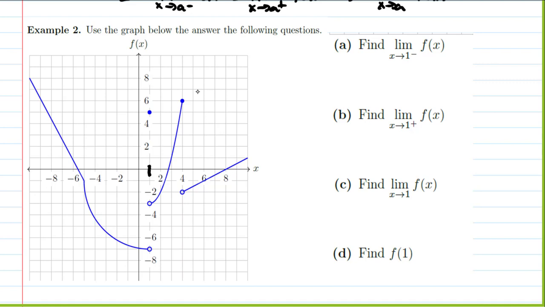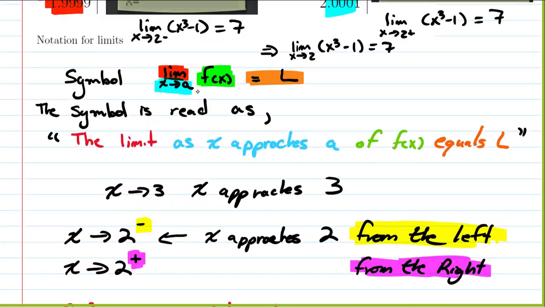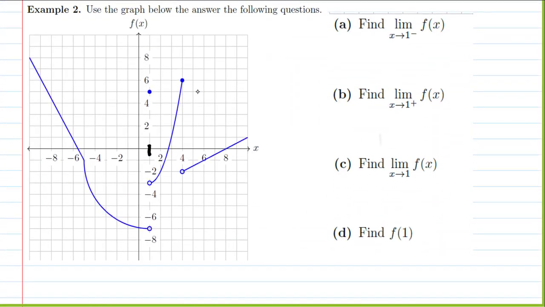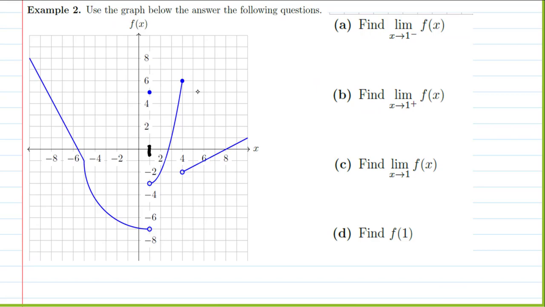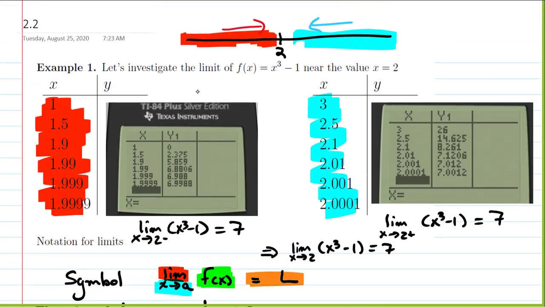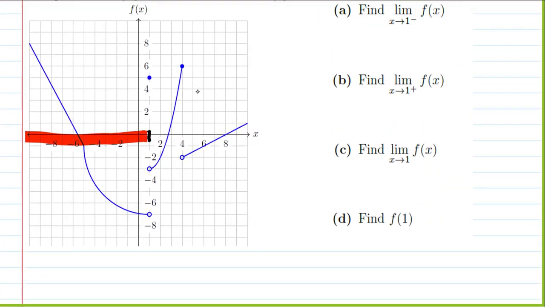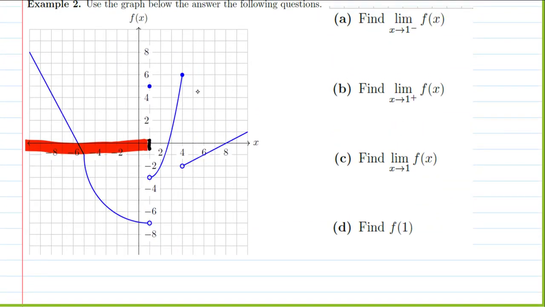And if I'm going to approach from the left, the points to the left of 1 are going to be here, and then the points to the right of 1 are going to be over here. So since I'm approaching from the left,